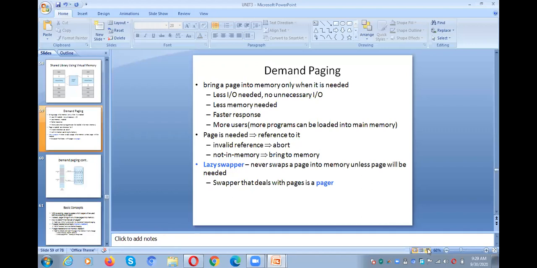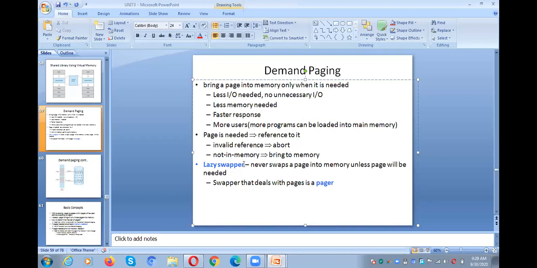So whenever there is a need of executing the third page, at that time you need to keep page 3 in the main memory. That means whenever there is a need, you are moving that particular page from secondary memory to main memory. So that is the concept called demand paging. Demand paging means whenever there is a need, only the needed pages are kept in the main memory. That is called demand paging.